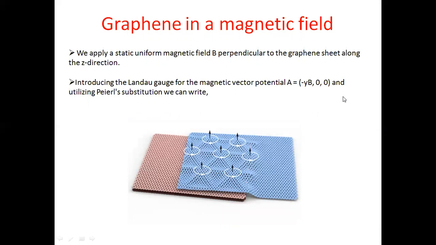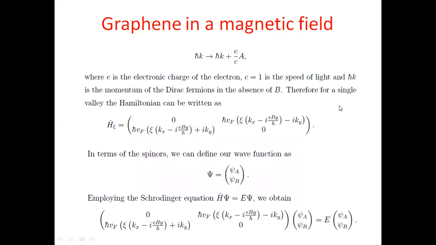So utilizing the Peierls substitution, we can write the momentum as given by this equation, in which e is the electronic charge of the charge carrier, c is equal to 1 for simplicity, which is the speed of light, and h bar k is the momentum of the Dirac fermions in the absence of magnetic field B. Therefore, for a single valley, the Hamiltonian can be written as